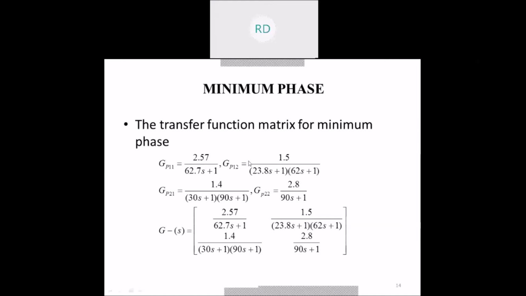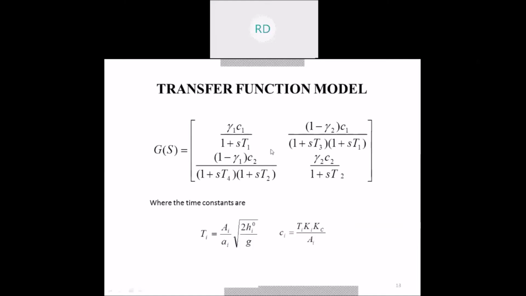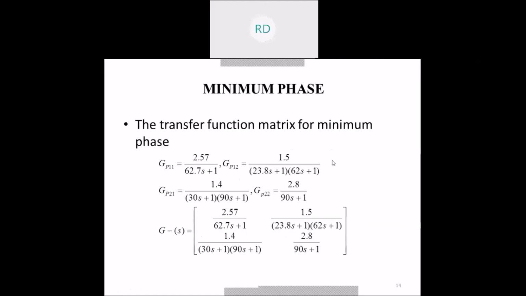The four transfer functions are represented in a matrix model: this is G11, this is G12, this is G21, this is G22. You just substitute the nominal parameter values here, and you will get the transfer function like this. This is for minimum phase. So this is your process. For the 4 tank system, this is the process using the mathematical model, which we converted to the state space model, and I'm getting the transfer function like this. Each transfer function corresponds to each tank, so GP11 is tank 1, tank 2, tank 3, tank 4, like that.